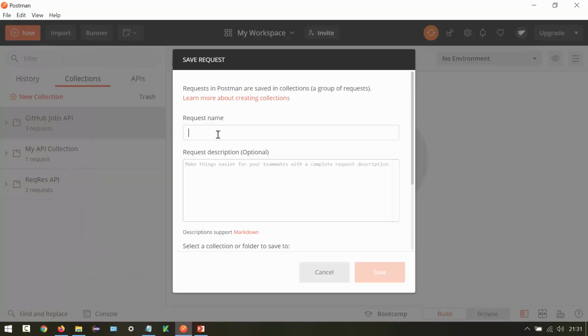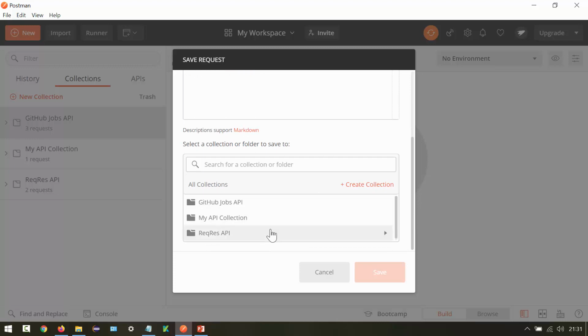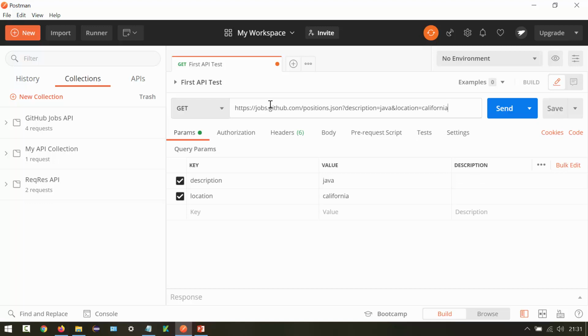And then let me give the request name. I can say first API test. Then we can give any required description, and then we can select the collection. So let me select the first one, GitHub Jobs API, and then I can say save to that collection. And then let me give the URL. So this is the API request URL.